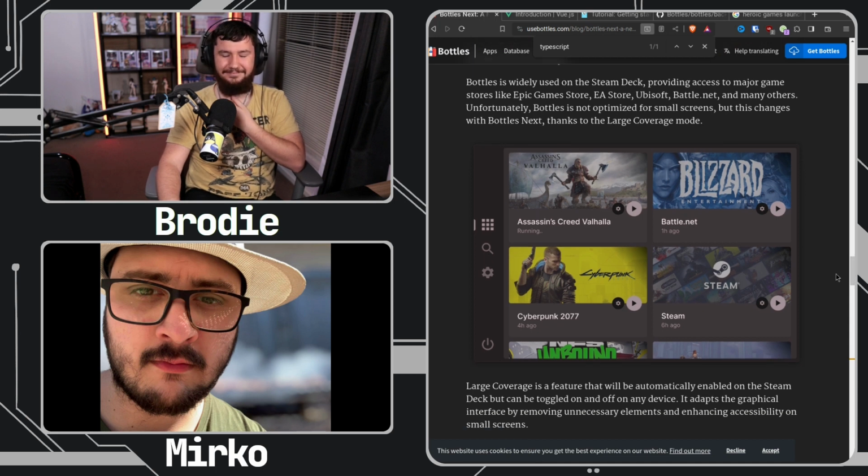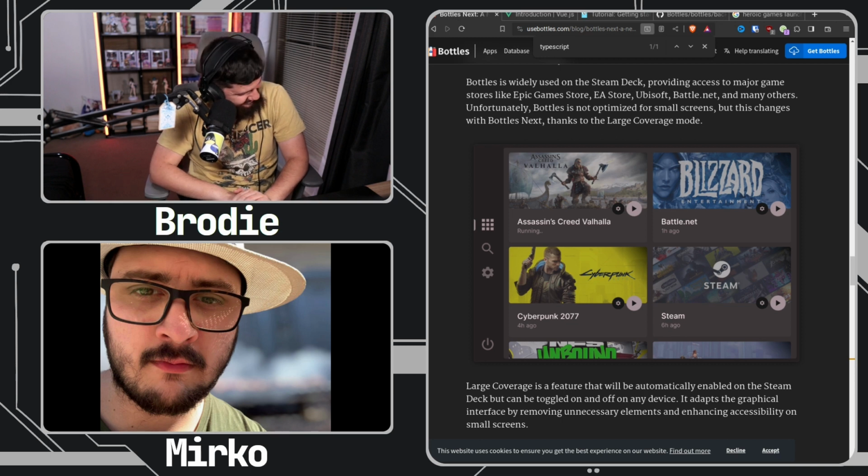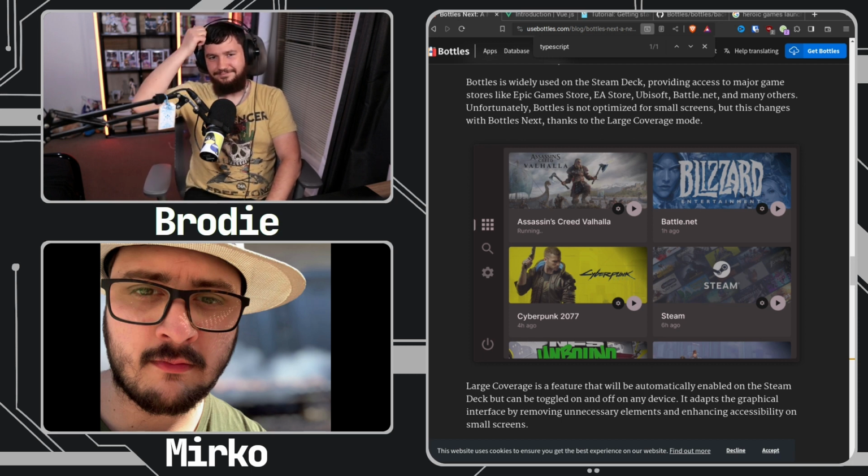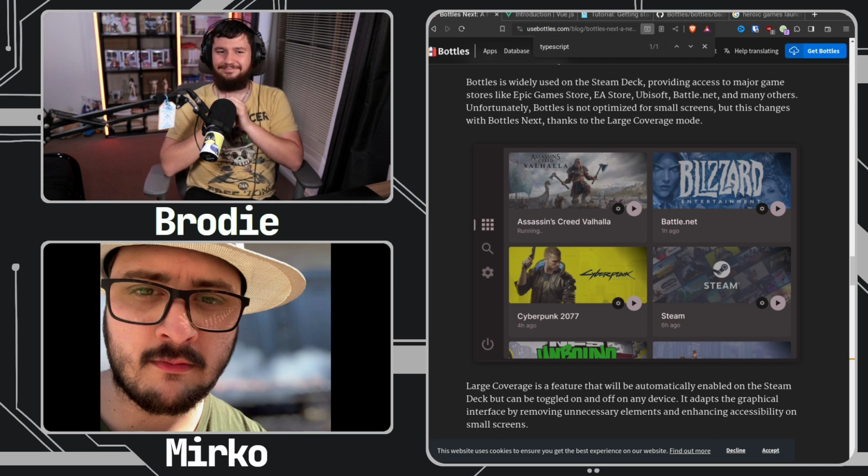I had to leave the project for some months because I literally had no fun working with Bottles. Because at the start, like the first years of the project, I could just add some widgets, edit some widgets, do whatever I want.